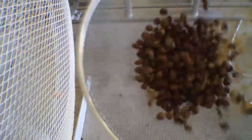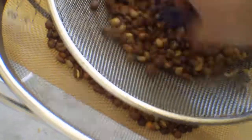That's about all it is to it. Just let that cool down a little bit. I like to test it with my own fingers to see. Plus rough it up a little bit and knock some of that chaff off as well. Just blow. It takes a little bit